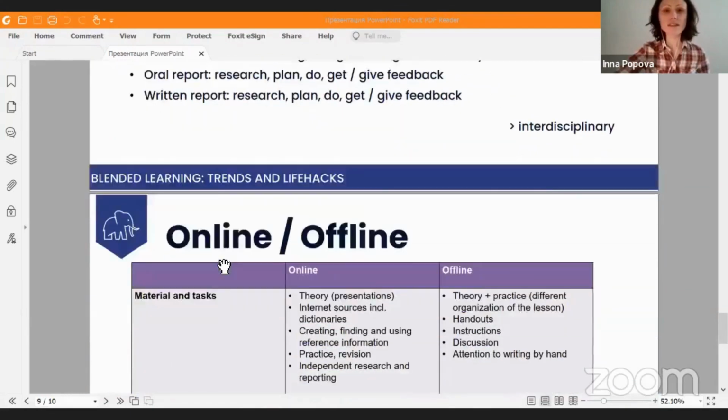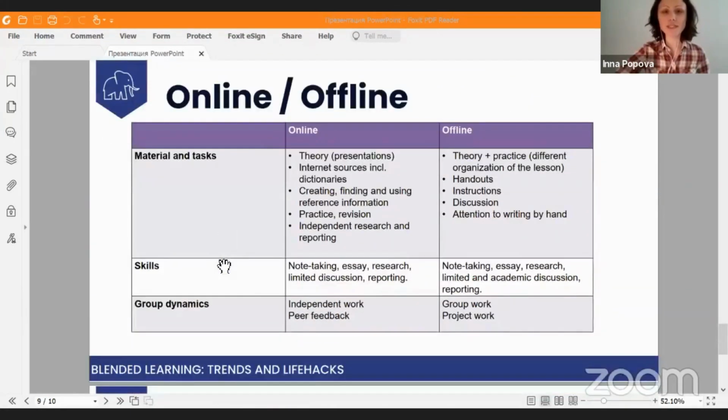So the last thing that I will very quickly talk about is how it all pertains to blended learning, online and offline. What can be done in both of these situations? So basically, you can do the same thing online and offline. You can give the same material. You don't have to restructure the whole program to make these time slots coincide with those time slots. But